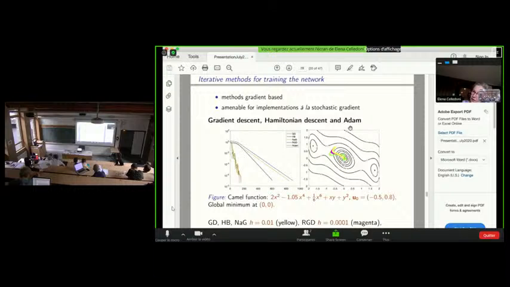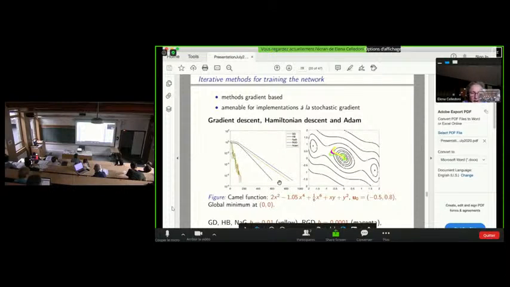And the most popular of all is definitely this Adam method, which is really performing quite well in a number of situations. And here you see it's also the one which is performing the best in this very simple 2D optimization problem, which is a typical test problem in optimization for testing algorithms.